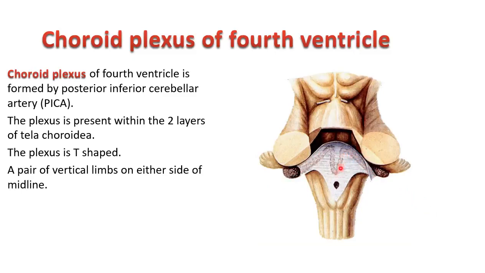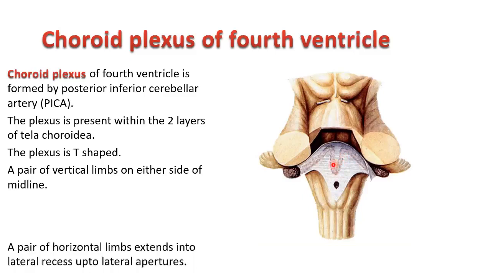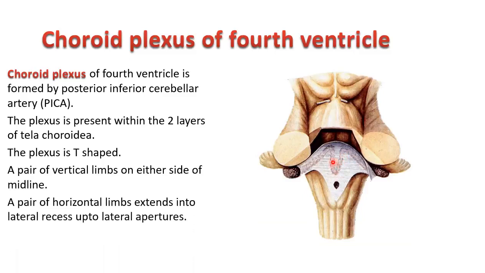They have a vertical limb paramedian on either side of the midline, and then you have a pair of horizontal limbs. You're able to see that a pair of horizontal limbs. That actually enters via the lateral apertures. You can say it extends up to the lateralmost end of the lateral recess where the foramen of Luschka is